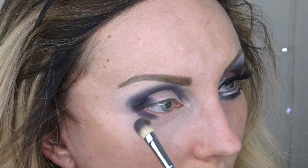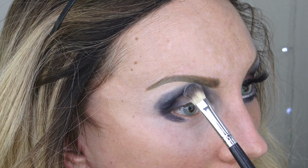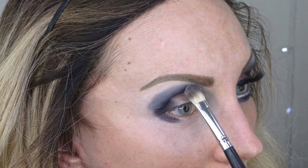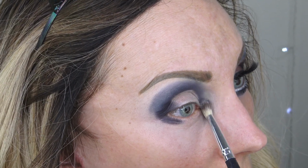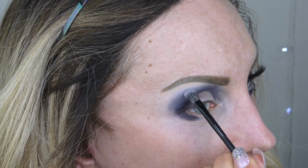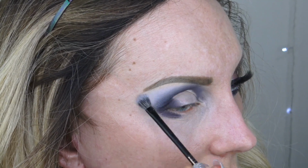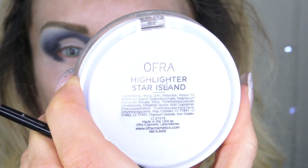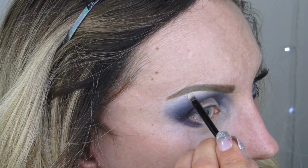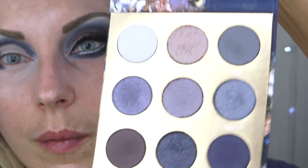Next I'm going for the white mixed with the next glittery shade. It's a matte with the same texture, matte with glitter, just to blend it out. Everything blends easily and blends well with one another. So I'm going back to the lighter shade and a small fluffy brush just to blend it into the brow bone. I did not want this look to get out of control too far out, more contained to the eye area. So I'm using Ofra Star Island highlighter for the brow bone, and for the little lash line I'm using